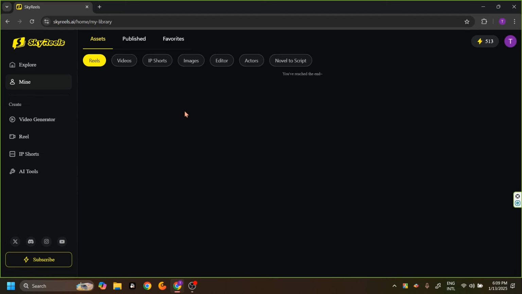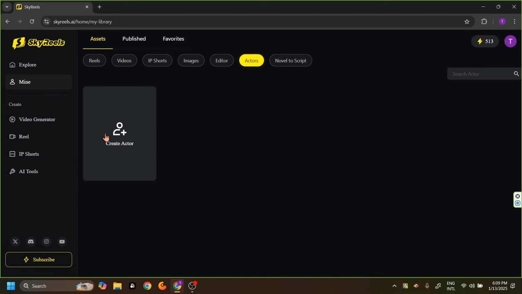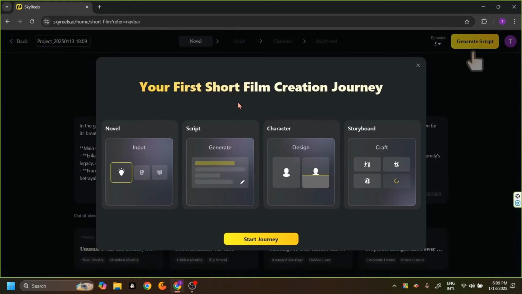Now, if we want to create a video with the consistent character that we have created, we click this IP Shorts option. And this brings us to this page. Here are the 4 things we need. We can input a novel, input a script, input our character, and storyboard. And storyboard is basically a series of images that correspond with all the things in our script. And we can animate all those images into videos and then bring them together in Skyreels video editor to create